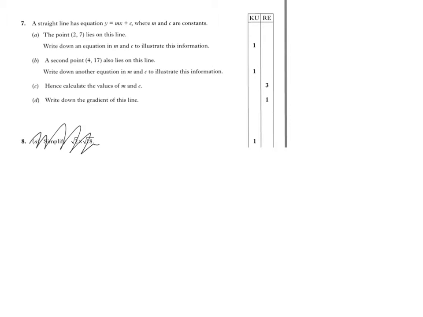Okay, section 8, question 1. A straight line has equation y equals mx plus c, where m and c are constants. The point (2, 7) lies on the line. Write down an equation in m and c to illustrate this information. This is pretty easy. If we think about, given a point (2, 7),